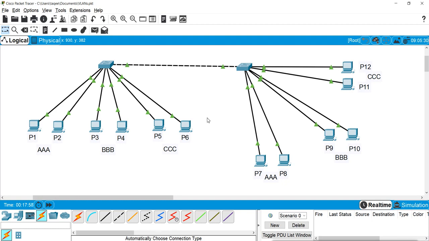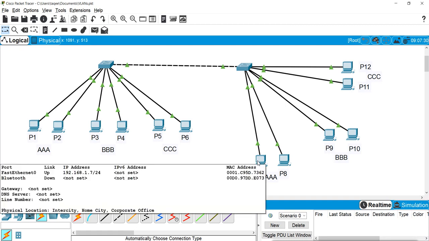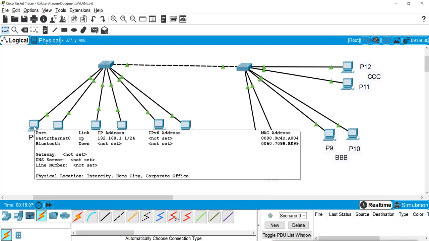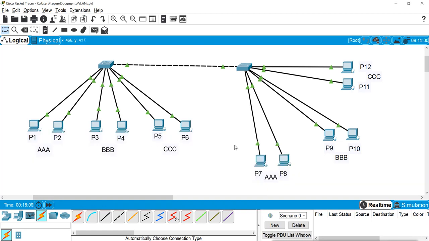Let's try that. This machine's IP is 192.168.1.7. This machine's IP is 192.168.1.1. So let's try from this machine to ping these two machines, 1.1 and 1.2.